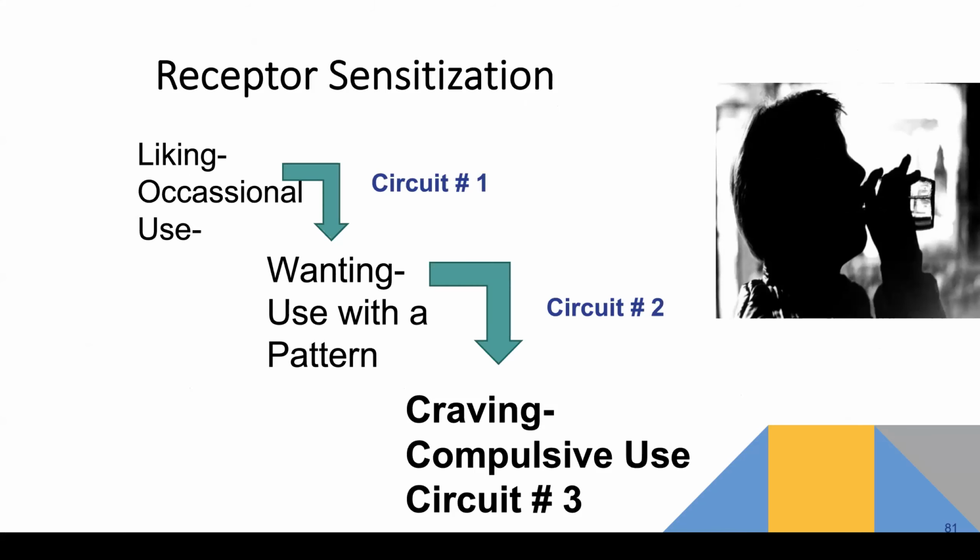So when we look at the receptor sensitizations, we have circuit 1, it means I really like it, that's dopamine. Circuit 2 is the endorphins. It says not only do I like it, but I want it on a regular basis. And then circuit 3 comes about as a result of the diminishment of the dynorphin system, and it sets up a craving which says, I must have the drug to live. That becomes a compulsive instinctual response, and it's what a substance use disorder is about.